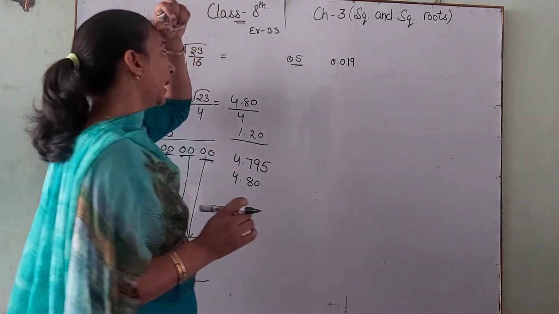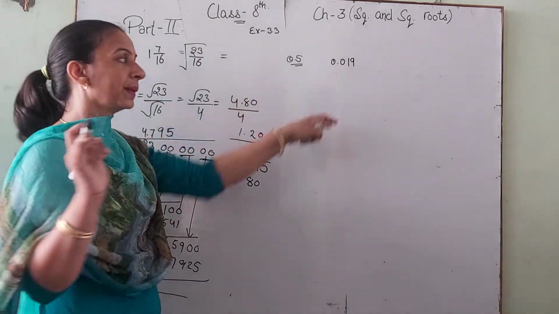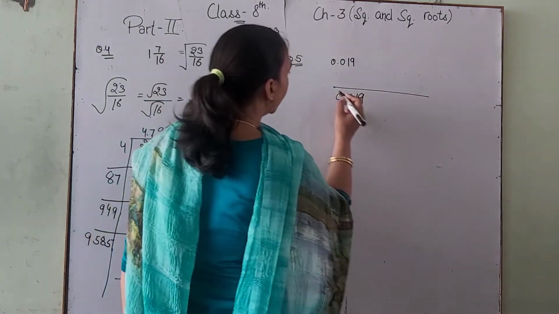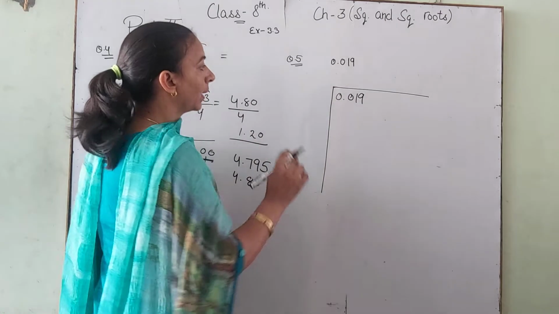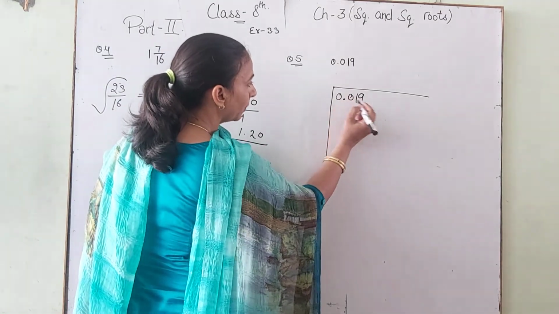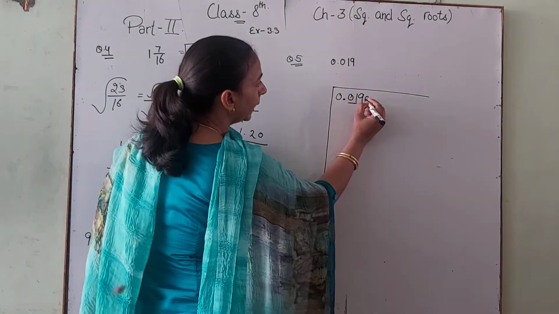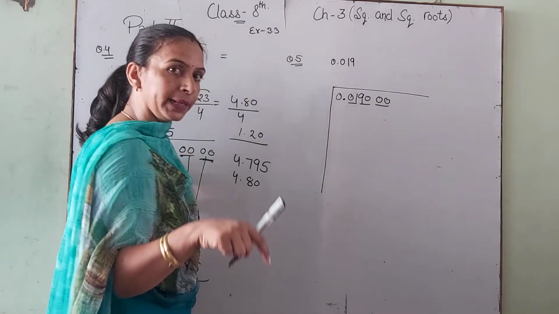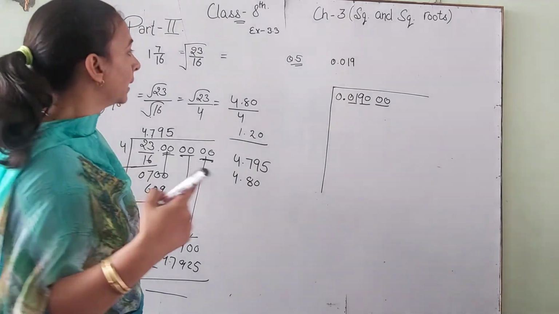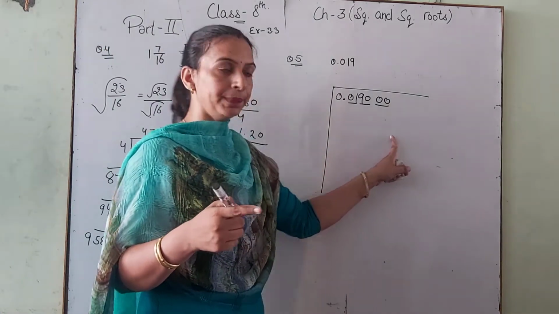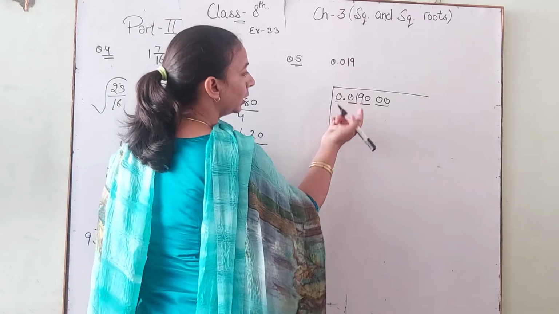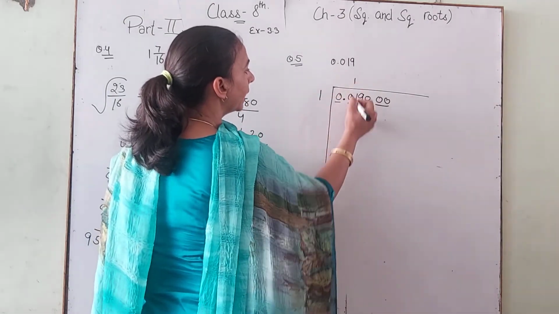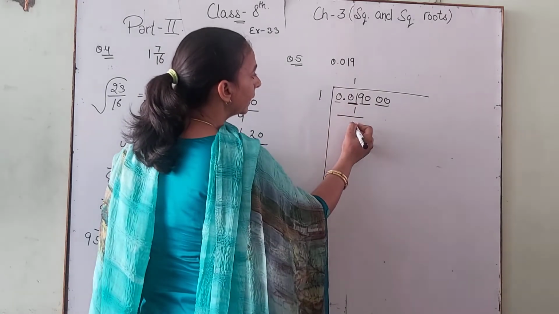Next, question number 5. Find the square root of this to 2 places of decimal. Then 0.019, 2 places of decimal. Now, from the right side of the decimal, 1 pair complete. Then if we take 0, 2 pairs complete and 3 pairs complete. If we find 2 places of decimal, then we take 3 places complete on the right side of the point. Then first we take 0, there is no meaning of 0. First we take 1. 1 one is 1. Then subtract, 0.